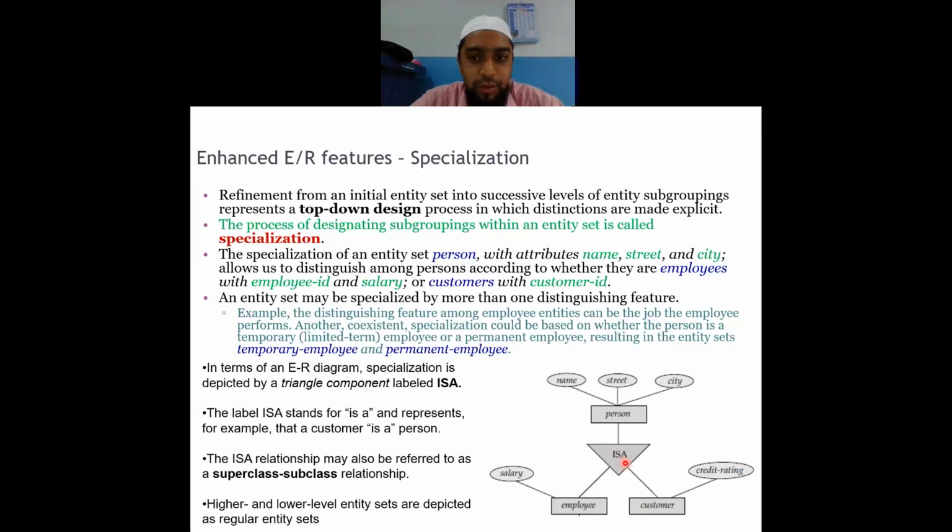This is a must and should to be noted down. This relationship triangle is used to represent that there is a person entity and it is being classified into further two categories. What does it imply? It implies that whatever attributes are there for this person are also there for this employee and customer. So we need not mention them again here. We'll just mention what its specialization is, why we categorized it. So this becomes a superclass and this becomes a subclass. Clear now?